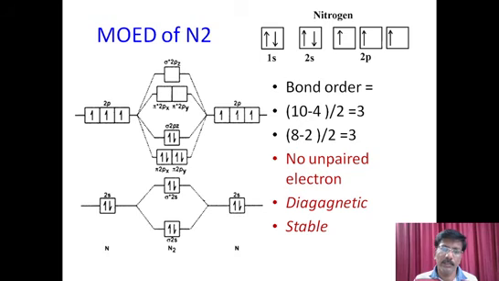Similarly, the 2s orbital also interacts with the 2s of the other nitrogen. You can clearly see this at the bottom side of the diagram. Here 2s on the left side is one nitrogen, and 2s on the right side is the other nitrogen, with 2 electrons on the left and 2 electrons on the right, so a total of 4 electrons. Therefore sigma 2s and sigma star 2s are also completely filled, with 4 electrons in the molecular orbitals. So 1s and 2s are like that only. There is no gap at all, no empty orbital present there.